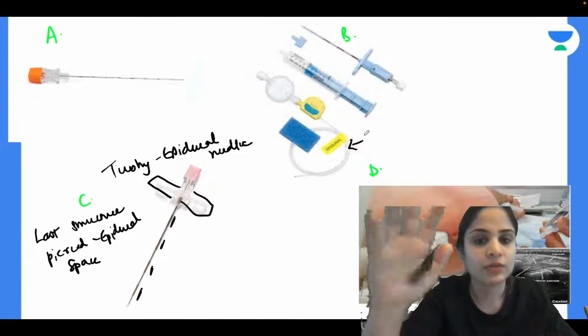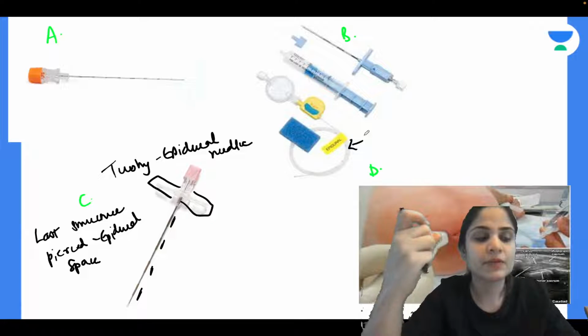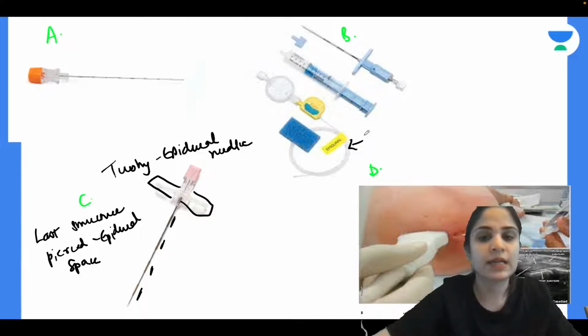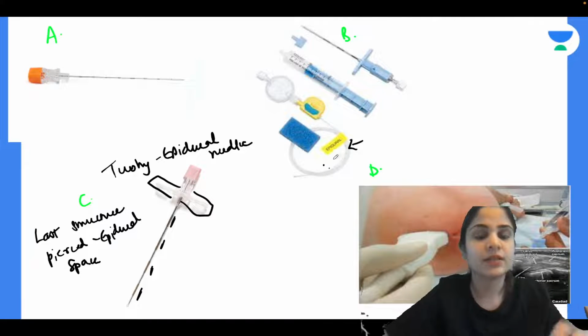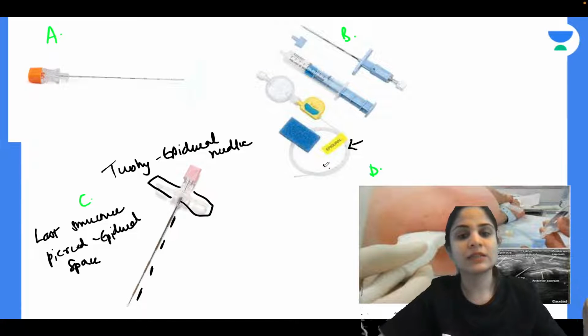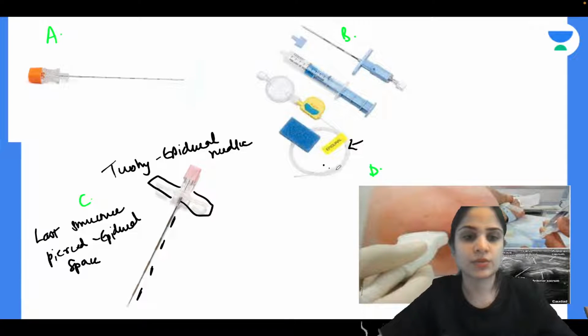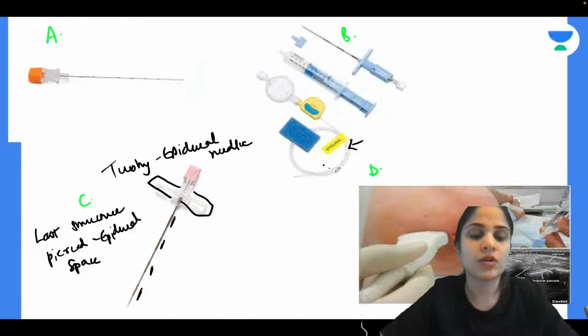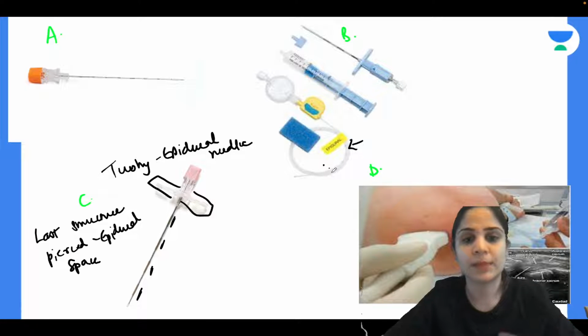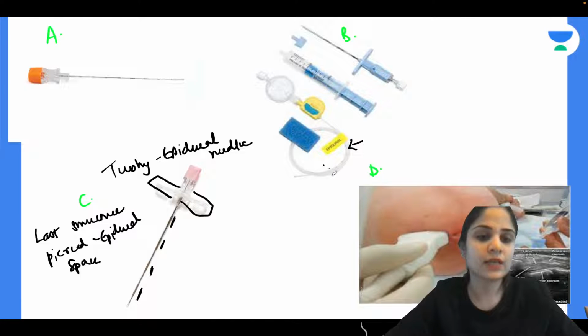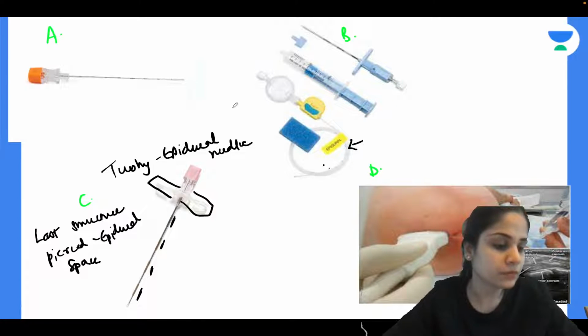So even an 8 to 10 hour surgery, you can keep giving hourly boluses of local anesthetic through this epidural catheter, and it will keep bathing the spinal nerves in the epidural space. So you can basically maintain a long time regional anesthesia using epidural. If they ask you in the exam, when do you use epidural anesthesia, just remember, whenever you want a long time surgery. If your surgery is going to last for 7 hours, 8 hours, then we will use epidural anesthesia.